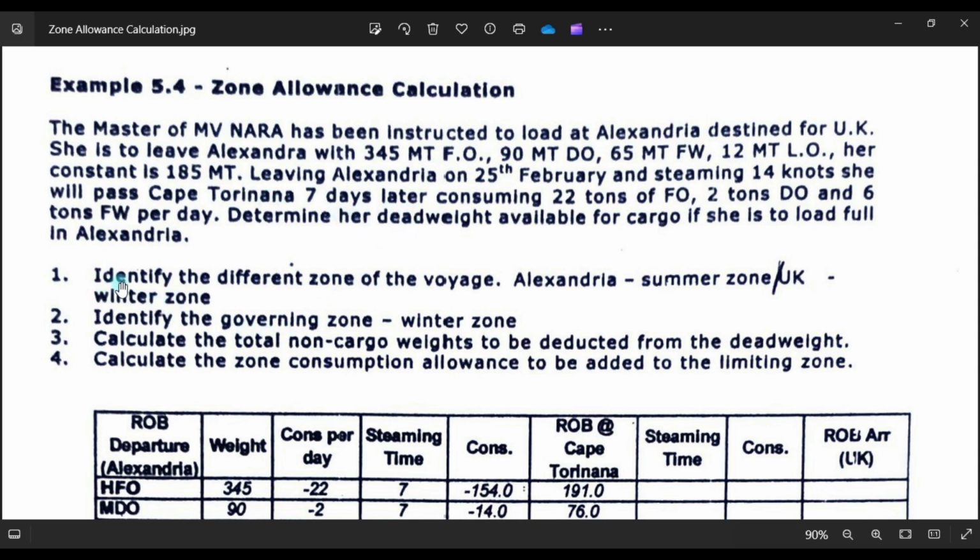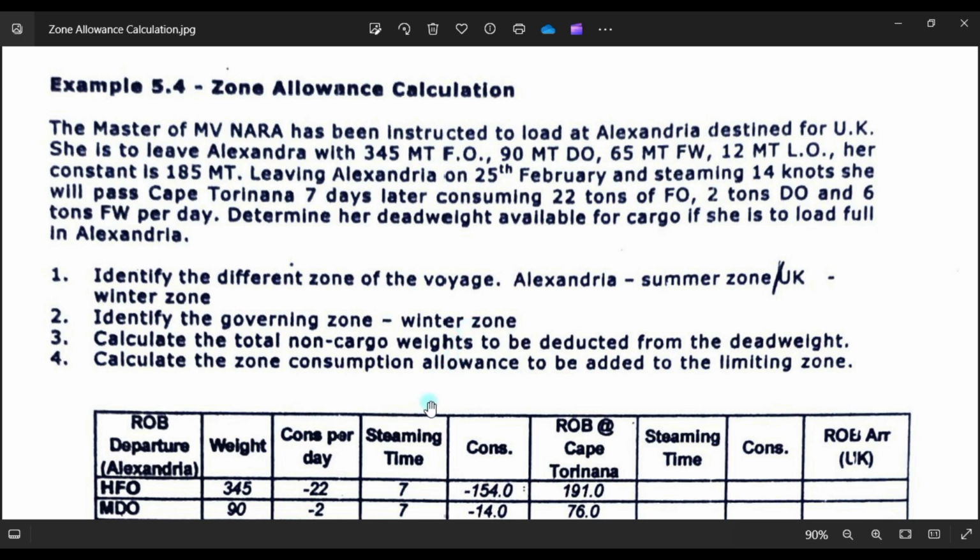So the question is, identify the different zones of the voyage. Alexandria is in Egypt, so that will be summer zone, and UK will be in winter zone. Number 2, identify the governing zone. So the governing zone is winter.